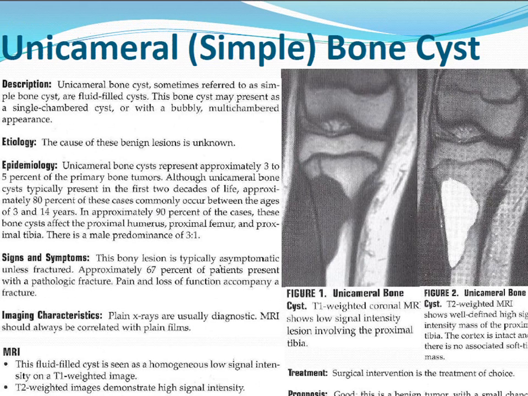And contrast that to this one, which is only confined to the bone, and in this case, it's very bright in signal intensity. This is a unicameral or simple bone cyst. These are just a fluid-filled cyst in the bone. Sometimes it can just be one single cyst. Sometimes it can have some septations in it. There's another kind of bone cyst that will have many septations containing fluid in it. That's called an aneurysmal bone cyst, but they're similar